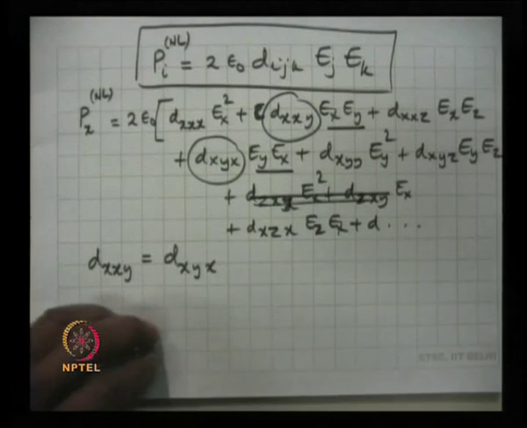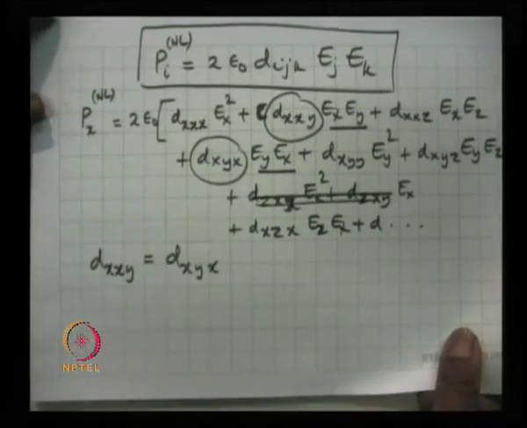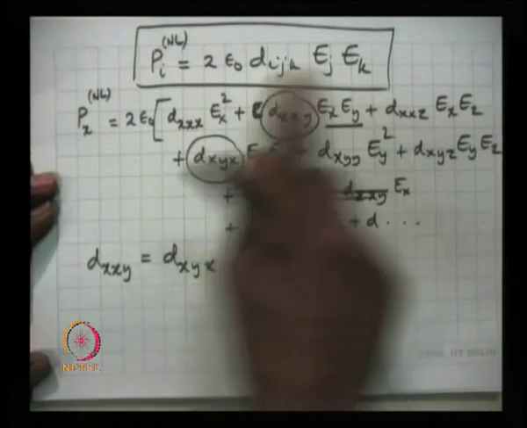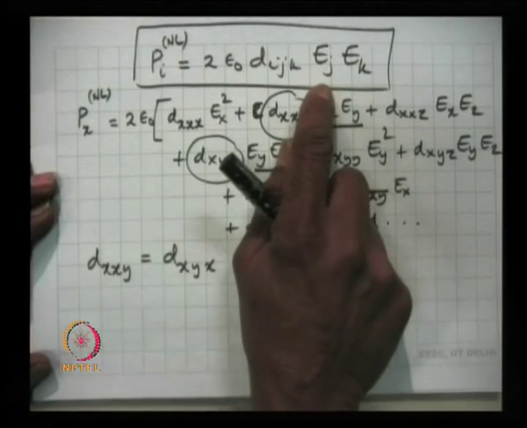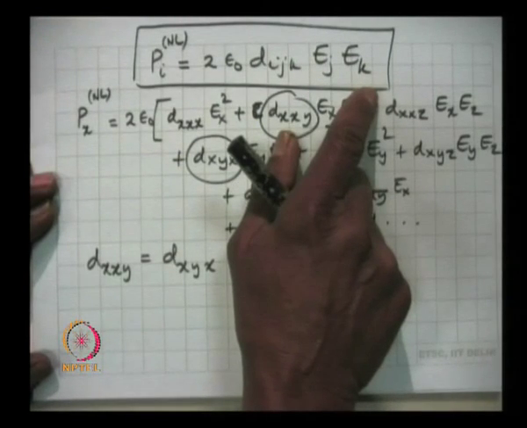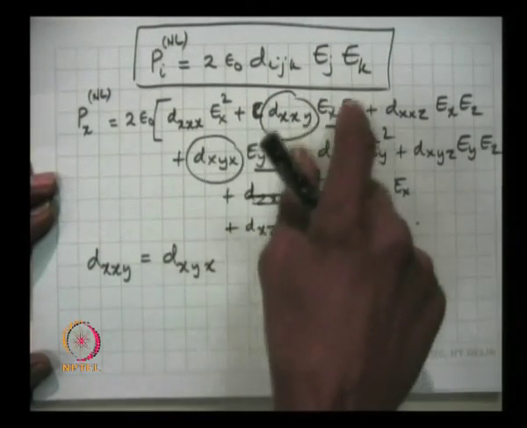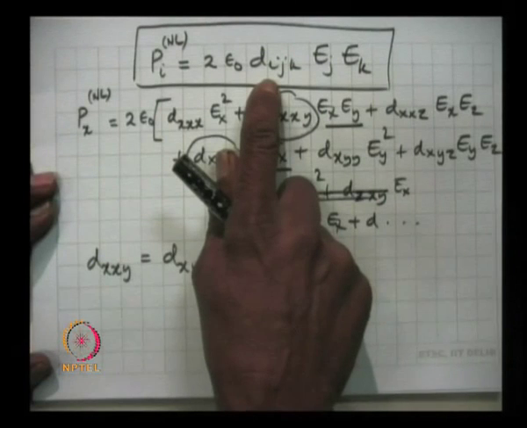Now let us apply this. This is the general equation relating the nonlinear polarization to the electric fields. Because of the second order effect, this is a second order nonlinearity, because there is the product of 2 electric fields. In the third order I will have chi_ijkl E_j E_k E_l. Okay. So this d_ijk has 27 elements